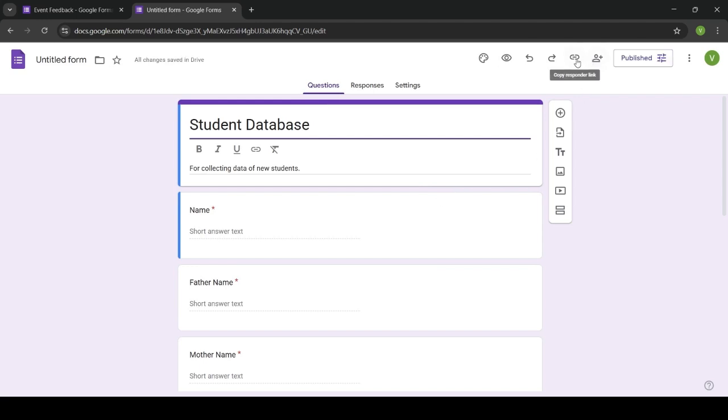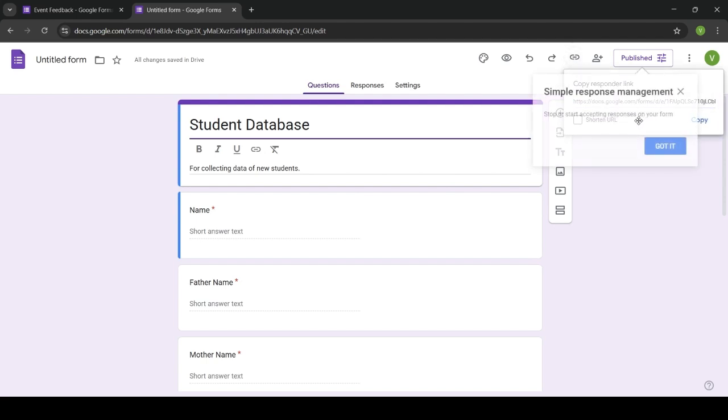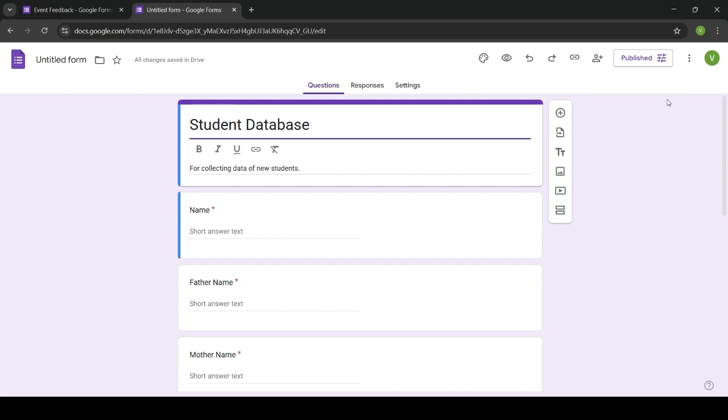So this Google form is live here. From here you can just copy and paste your URL or link and send it to your groups or emails, and with this link, this Google form can be accessed. To make this link shorter, you have to click on this checkbox. Your Google form link will be shortened. So if you just copy paste this